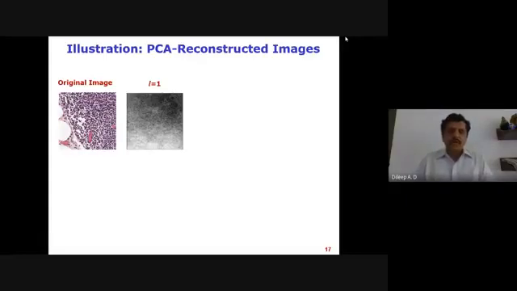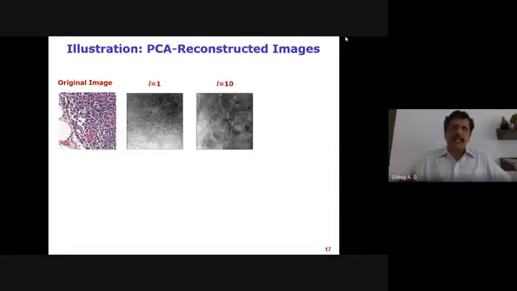So that means considering only one direction, corresponding to the maximum eigenvalue, is not sufficient. We need to consider more eigenvalues. I then considered the leading 10 eigenvalues and their corresponding eigenvectors, projected the data, and reconstructed it. You can see that the data still doesn't have much of the information.